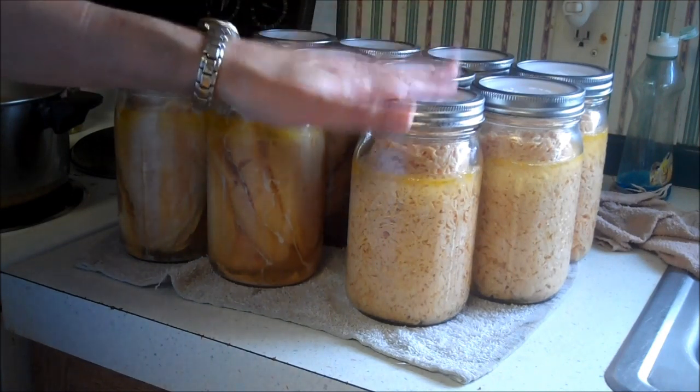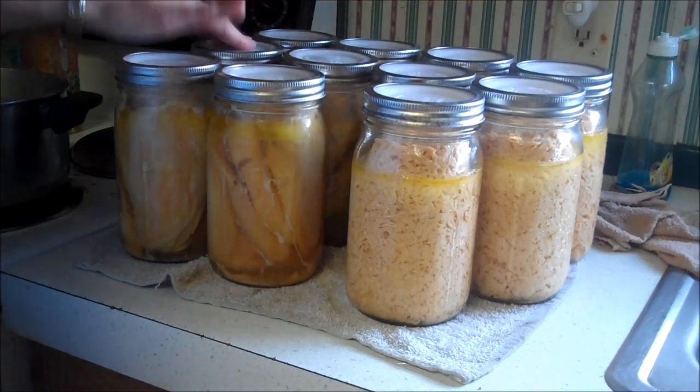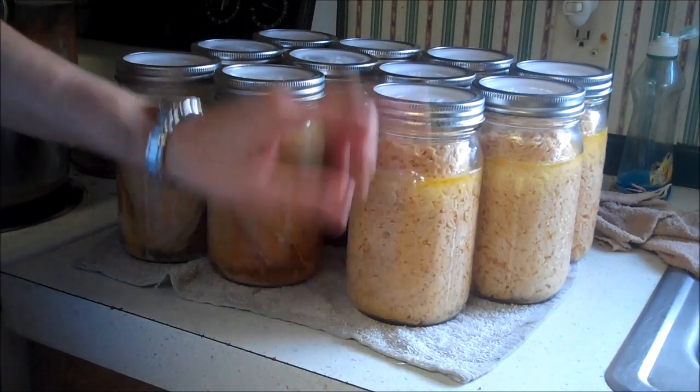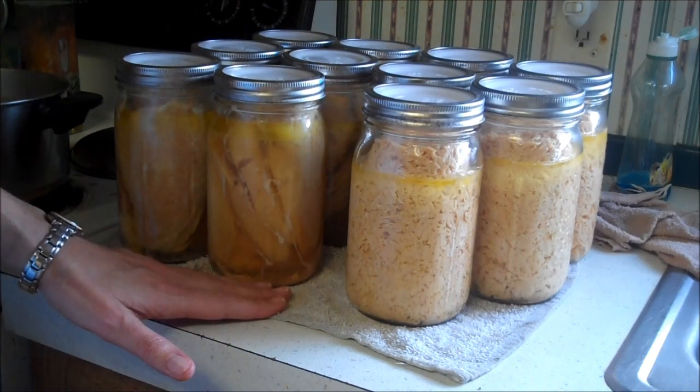I had much better luck with the Tattler lids this time. It appears they all have sealed. There are 2 that might be a little questionable, but they're still really hot. As you can see, they're boiling. So I think we had some good results this time. Not sure what I did wrong the last time,